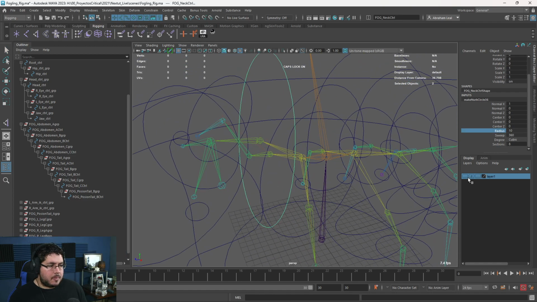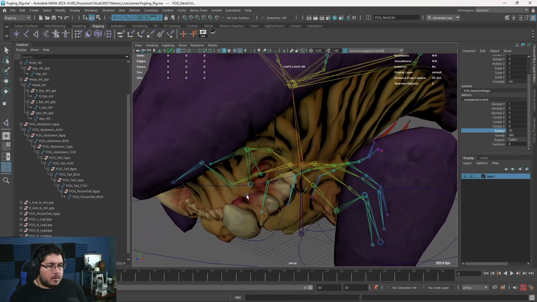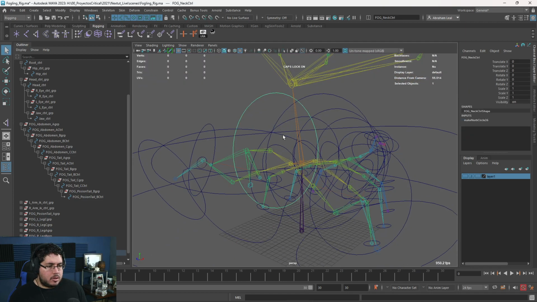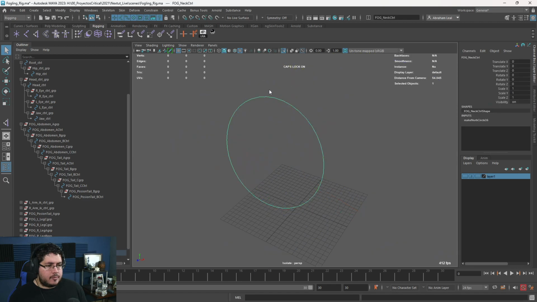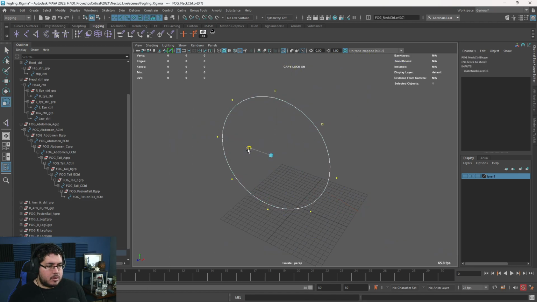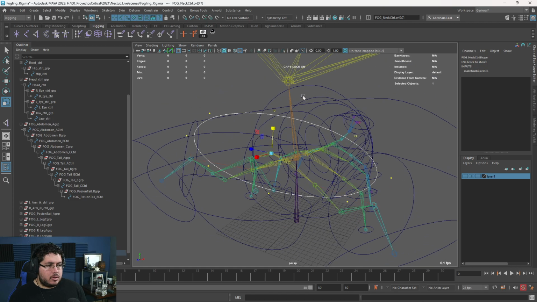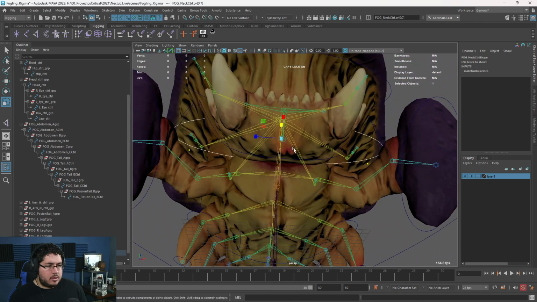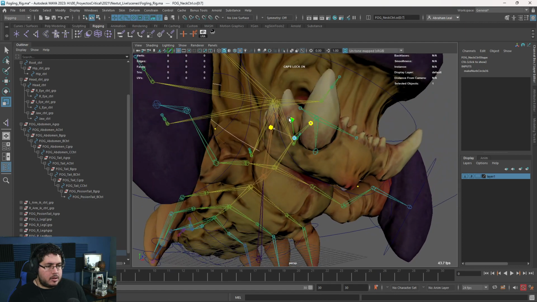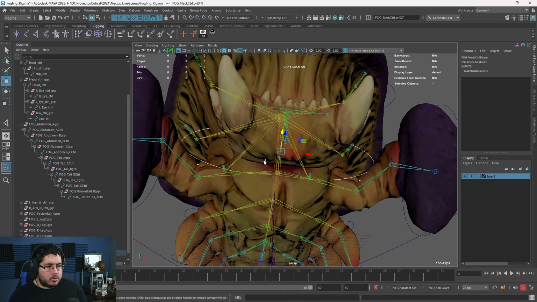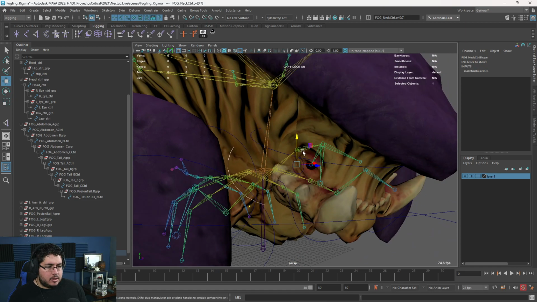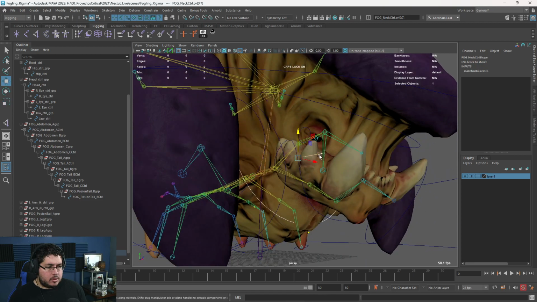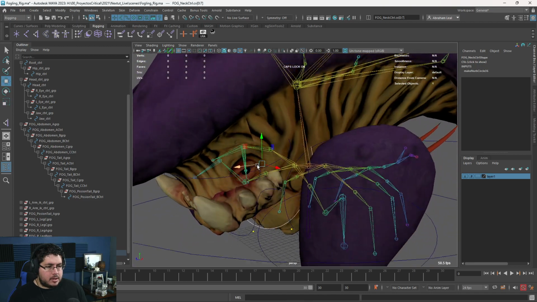There we go. Probably need to scale them a little bit and make them bigger again. So this one I'm just going to guesstimate. Just going to make them a little bit longer, thinner. Probably like there. If you need to move them as well, that works. As long as it's easy for the animator to select, that's what you should be going for. There we go. So that's the neck.